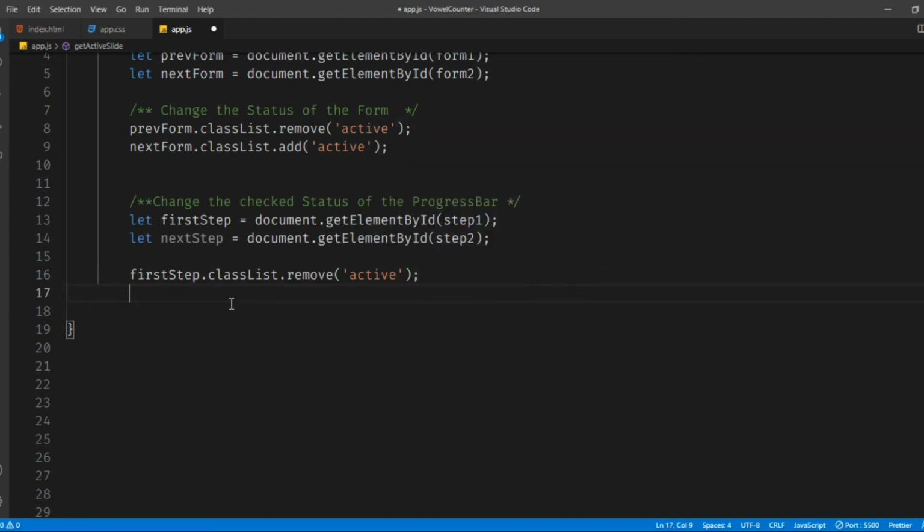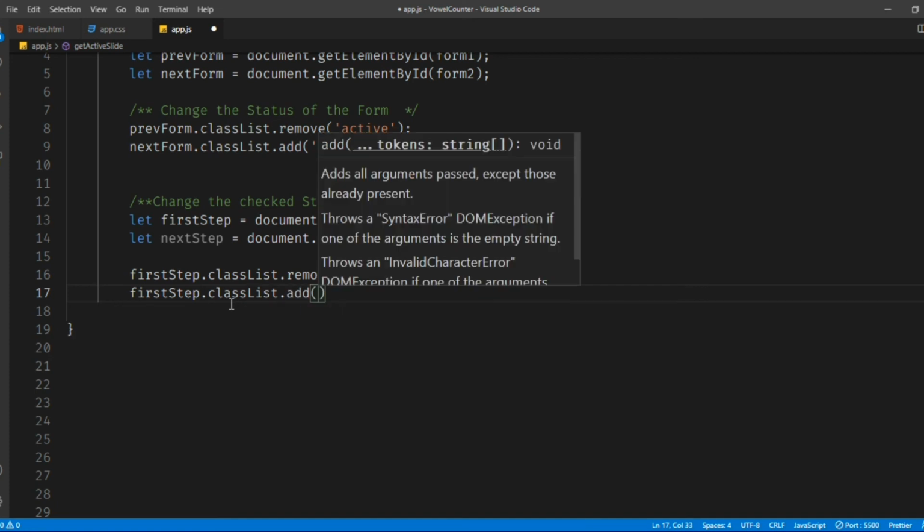This is the thing, but as soon as I remove that active, in the natural way like we have done in the form, we have to assign that active to the next step, but we also have to tell the progress bar that the first form has already been completed successfully. So for this, we'll be using another class known as checked.